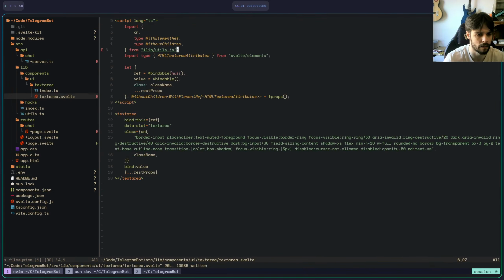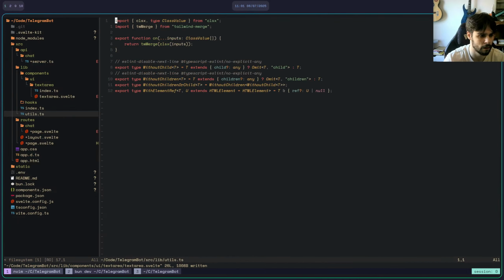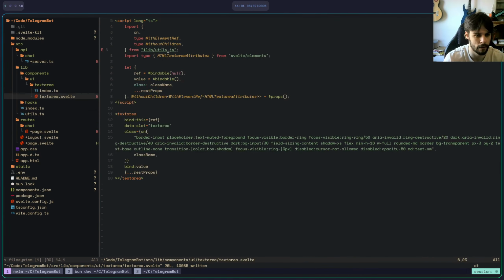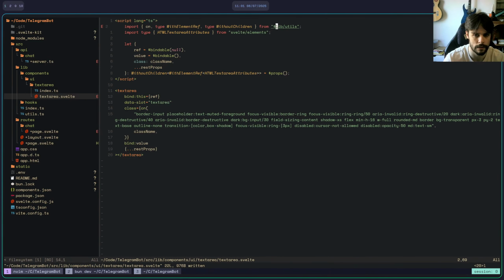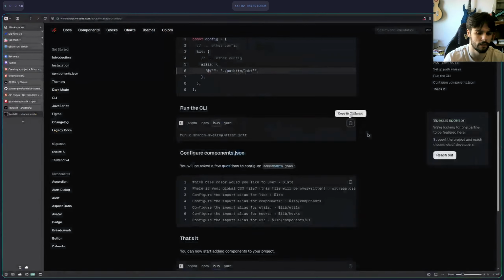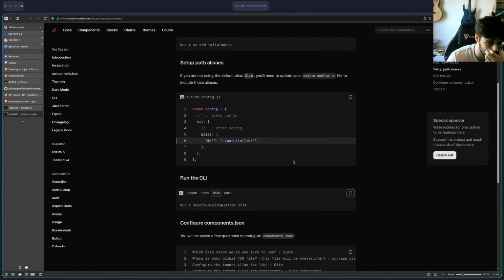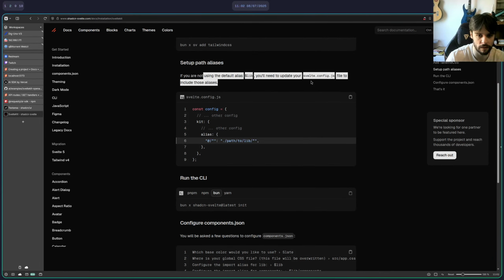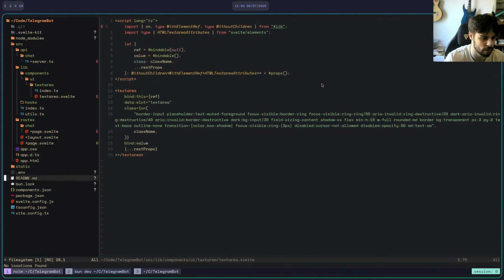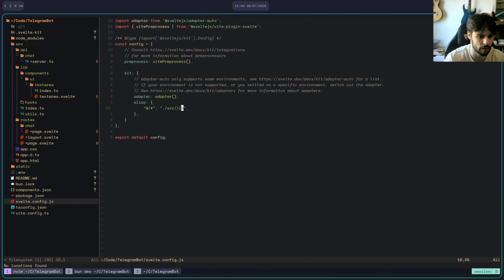But that doesn't work. Surely you can do this. If you're not using the default, you need to update this file. Okay, so yeah, let's get rid of this here.